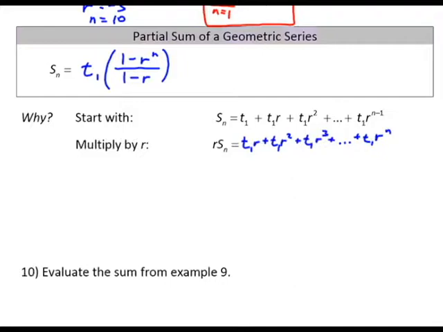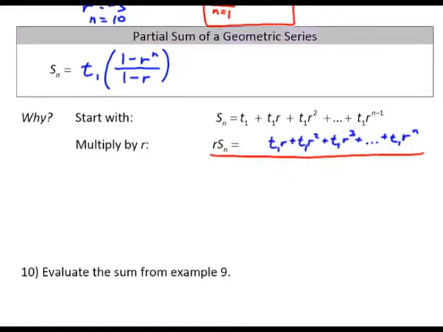Using a method similar to what we did with arithmetic series, we're going to combine these two equations. This time we're going to subtract them, and what we're going to find is a large number of terms drop out. First, let me make a slight adjustment so that we have all of the like terms lined up. Now when I subtract,